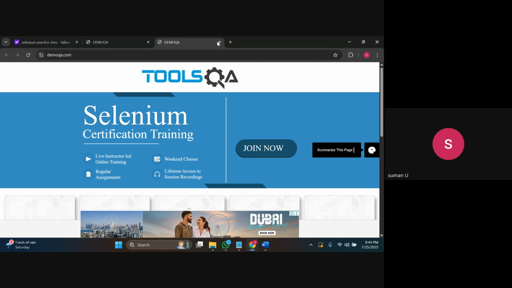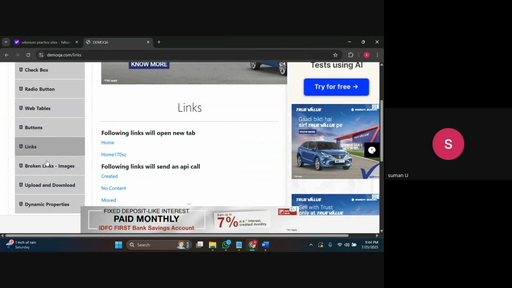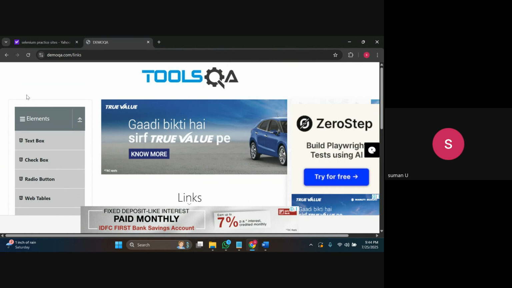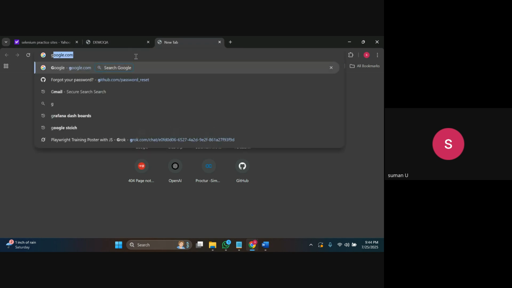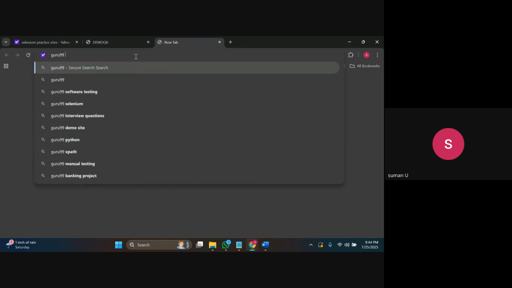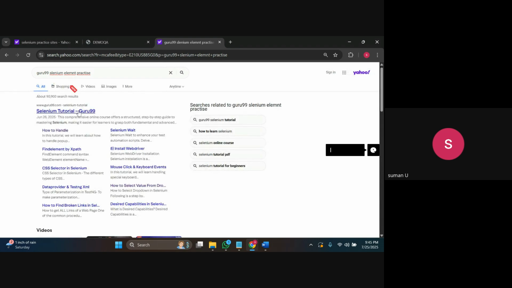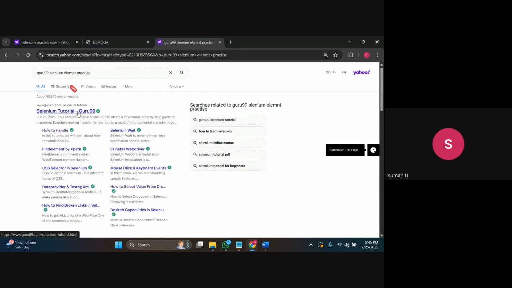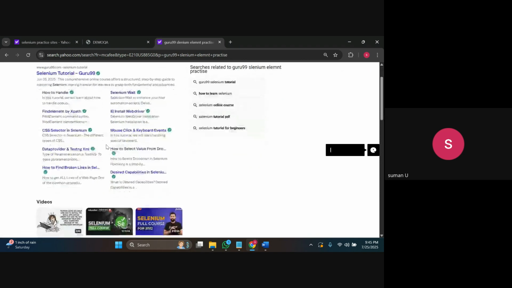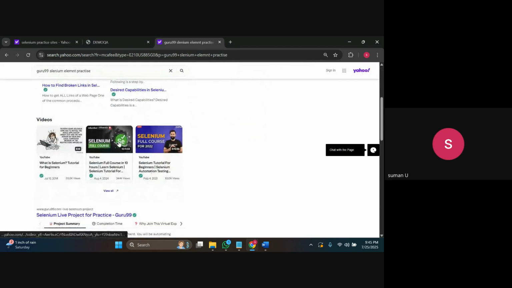So first you need to understand how you are going to perform actions on these particular elements. Or else you can simply search for Guru99 Selenium elements practice. So you'll get a link. If you click onto that particular link, okay, if you want to click onto those links,